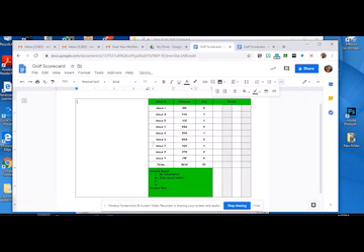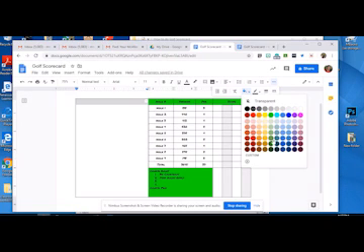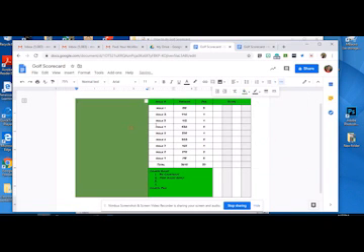And then in this cell, I want to make this one a little bit darker green. Now you can change the colors of these. You can make them your own. That's up to you. I've had some people make them pink, whatever color you want. But the last thing that we need to do is we need to put into this